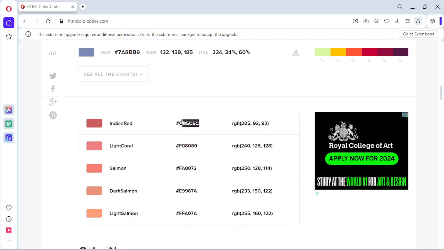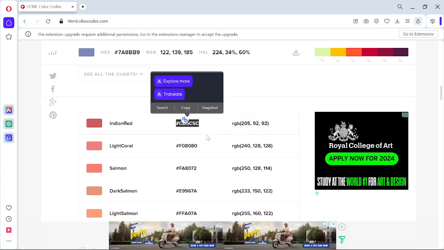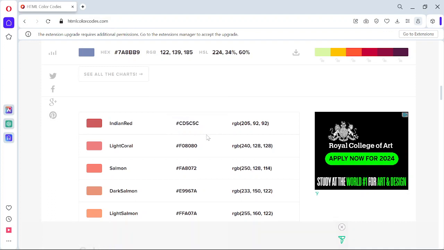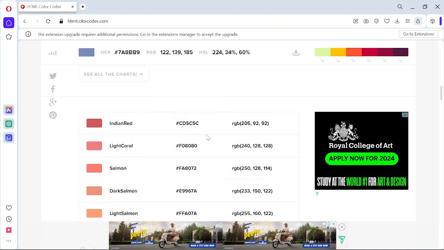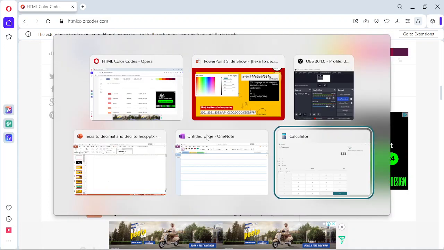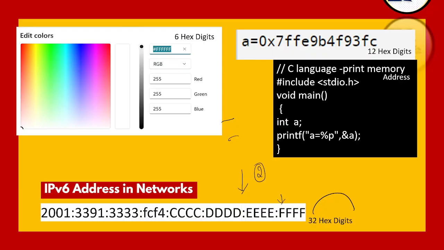Or we can use this hexadecimal code, which is made up of 6 hexa digits, and they start with the hash sign. So one common thing about all these numbers is that they are made up of some digits as well as some alphabets. We will revisit these examples at the end after we have discussed the basics of